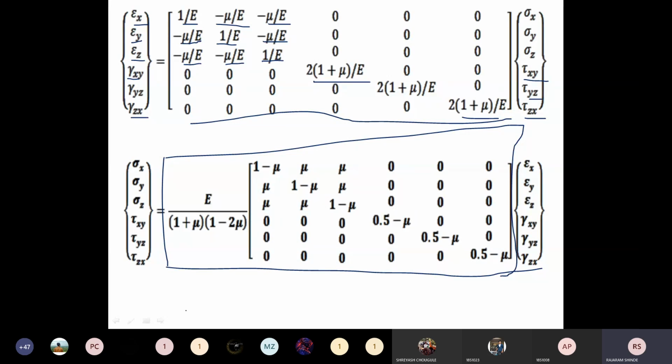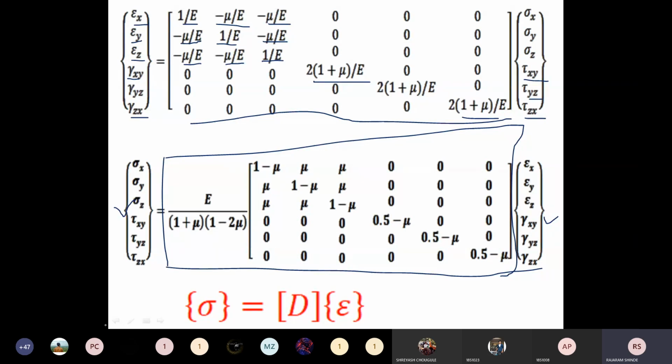Okay, now in general this is known as the stress matrix. This is your stress matrix, and this is the material property matrix, and it is a constant matrix because the properties of the material are constant. And this is the strain matrix. In short form it is written like this, that is sigma is equal to D into epsilon. Now sigma is your stress matrix, D is the material property matrix, and epsilon is the strain matrix.